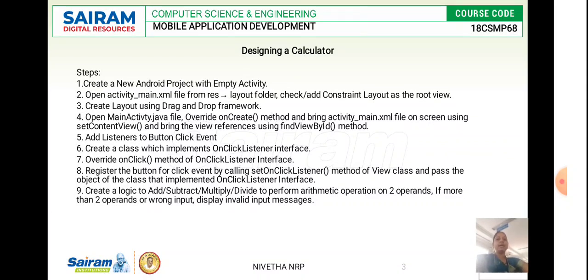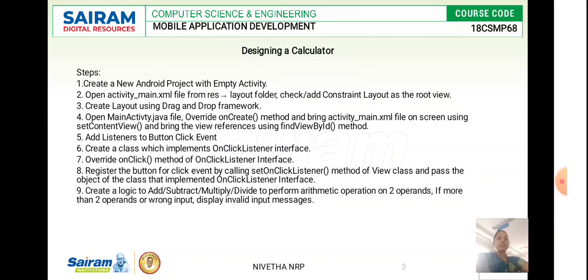Followed by that, we'll have a main activity file. We'll open the main activity file and override the code in the onCreate method of the activity as per our need. Since it's a calculator, we'll be overriding the code so that it acts as an interface between the Android OS and the application you are going to create over here.